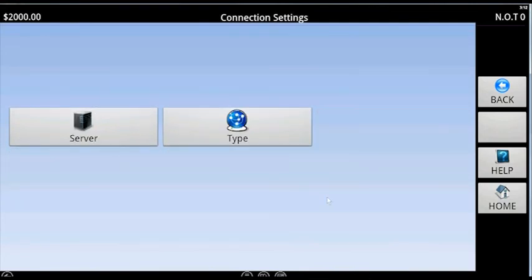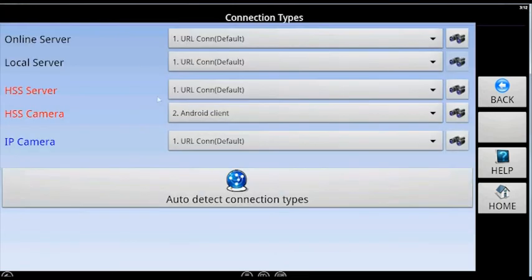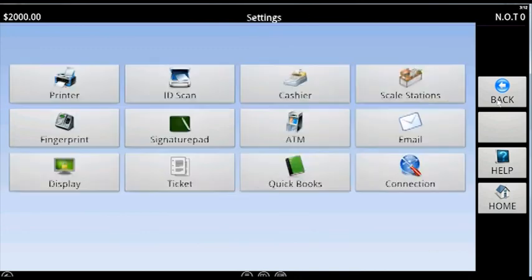One of the things that PopScrap is dedicated to is the fastest service in the industry. So we've added the ability for both your, whether you're using an online server, whether you're using a local server, and how you're connecting to your cameras and how you're connecting to your devices. We now have the ability to connect to 4 different connection types. So this is network connection types, thereby speeding up your ability to do business and the ability for your network cameras and your network devices to connect to your PopScrap. Also keep in mind that PopScrap is QuickBooks enabled, so PopScrap really is so advanced, it's simple.